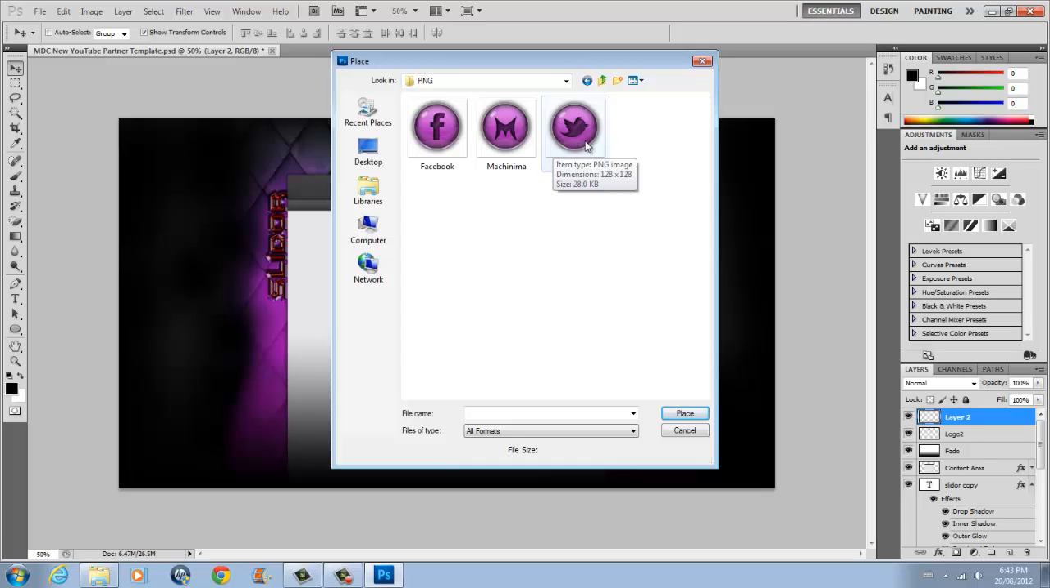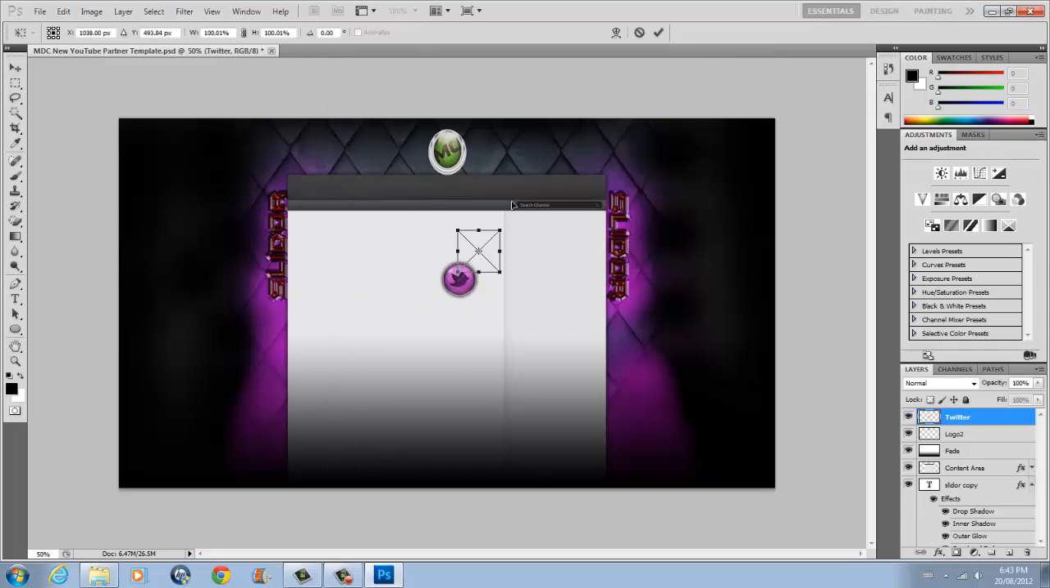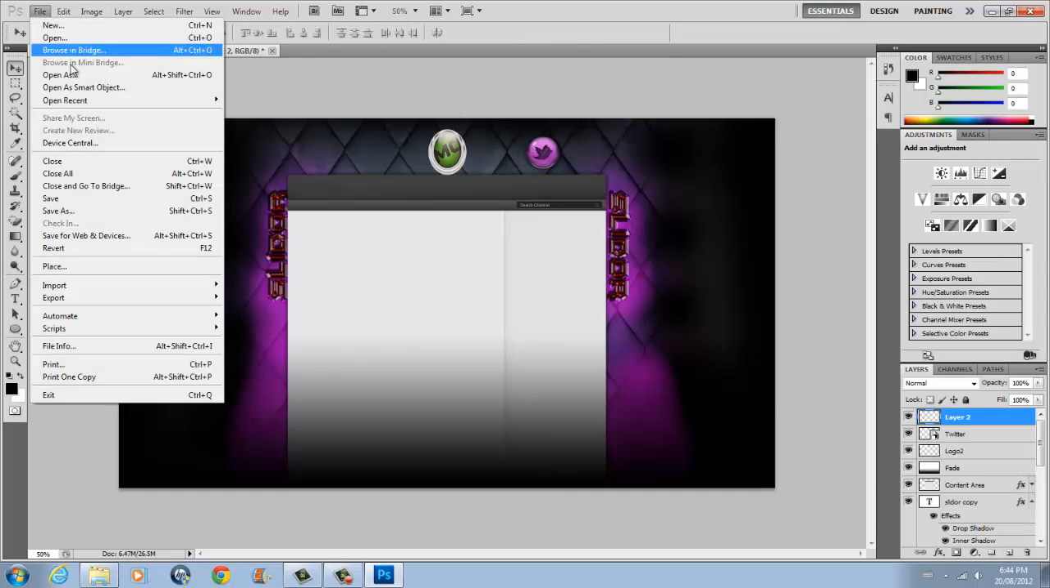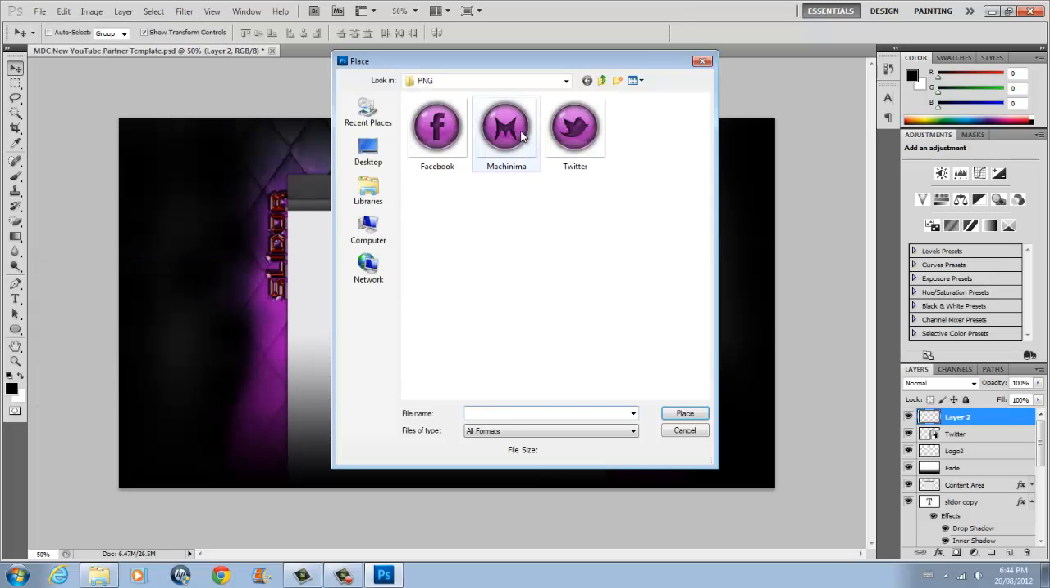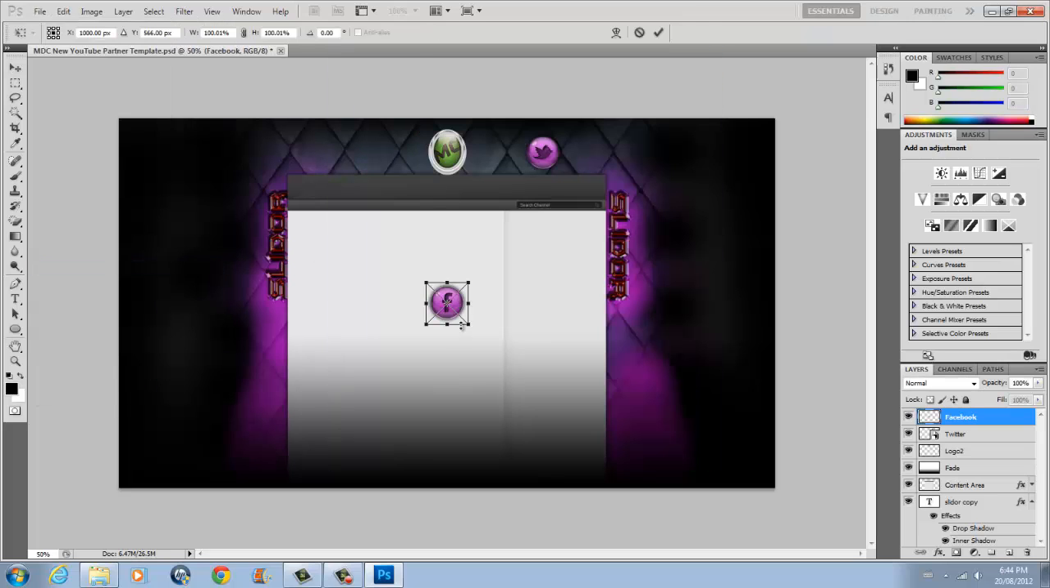So I mean, you can put your Twitter on. You can put your Twitter, I want it like that. Hit Place. Alright, like that, and then you can go back, create a new layer, File, Place, Facebook,